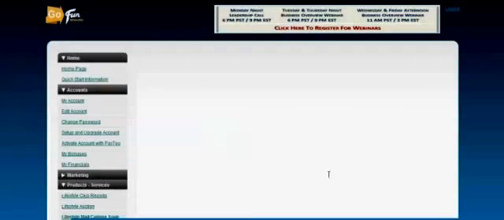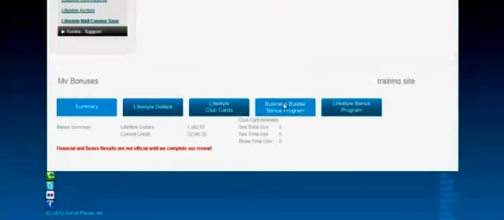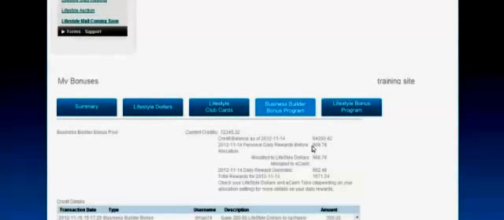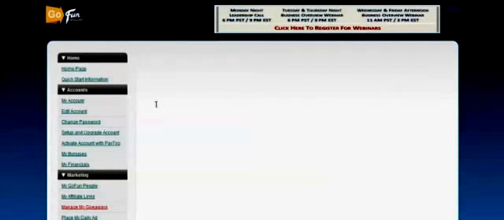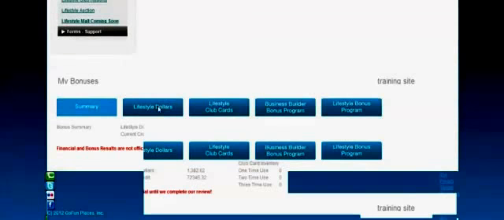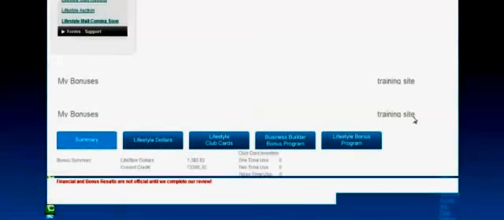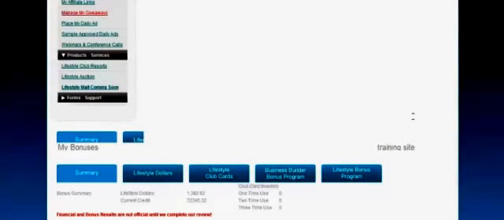So if I was to have this set like that, out of that 908, they would have taken 60% of that and put it into my e-cash, which I can then withdraw if I chose to. Okay? So you are in control of whatever you want to do with your back office. So I encourage you to go in there and think about what building a balance can do for you. Talk with your sponsor, strategize, guys, because if you have a little bit of patience here, it'll definitely pay off in the long run for you.